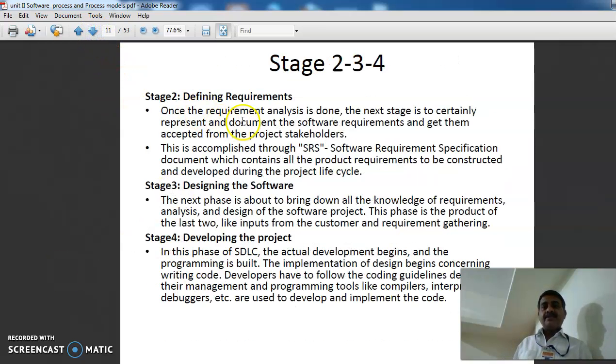The next stage is defining the requirement. Once the requirement analysis is done, the next stage is certainly to represent and document the software requirements. This is very important. Once the requirement analysis is done,